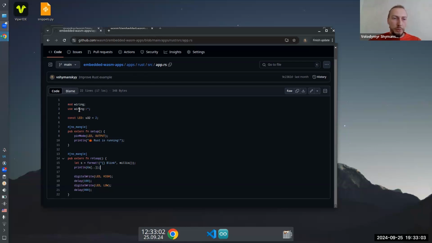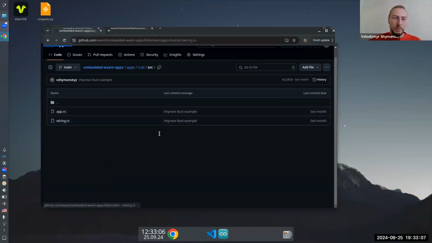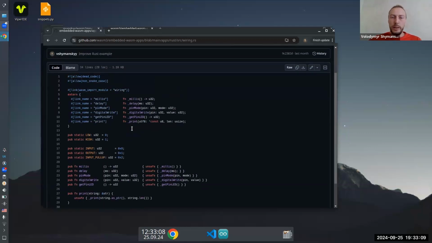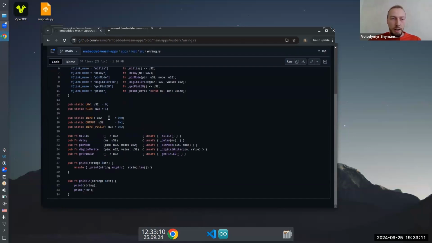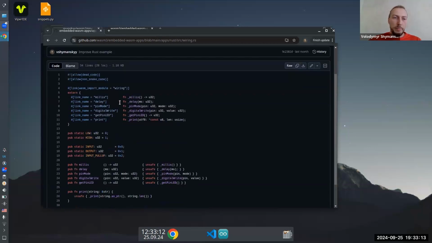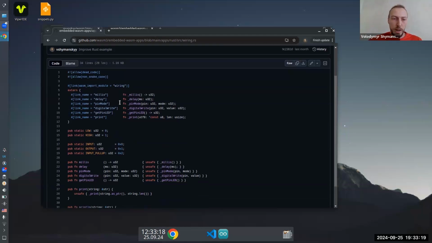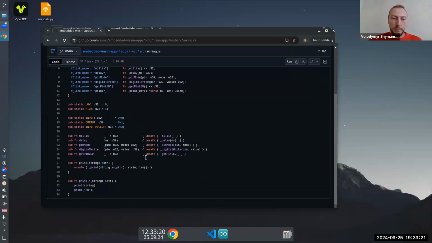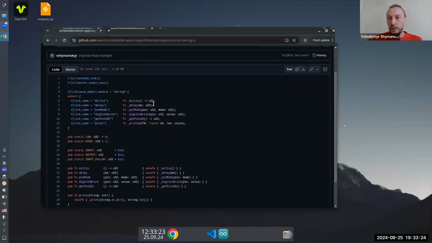It also uses a wiring. Wiring is also a small interface code, which describes, it's like a binding, I'd say. It describes external functions and provides some glue code on how to actually call them.